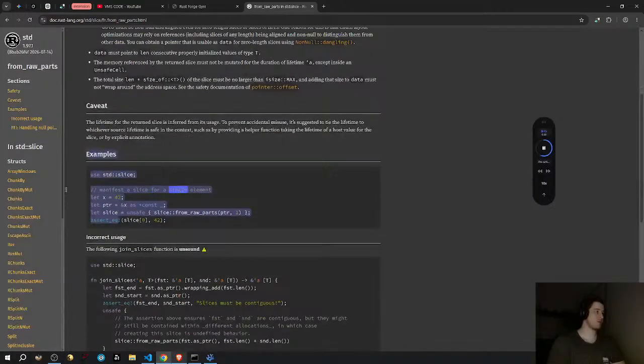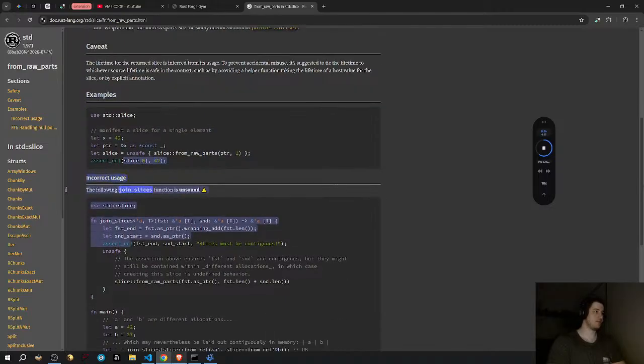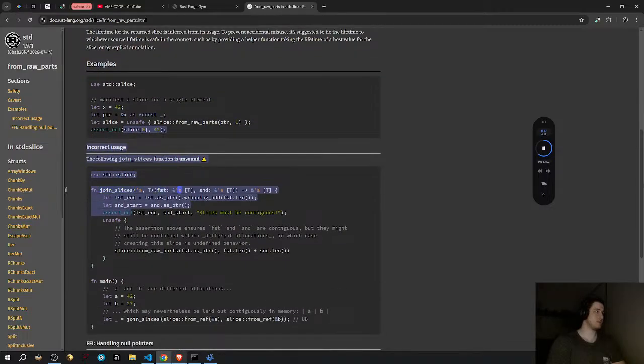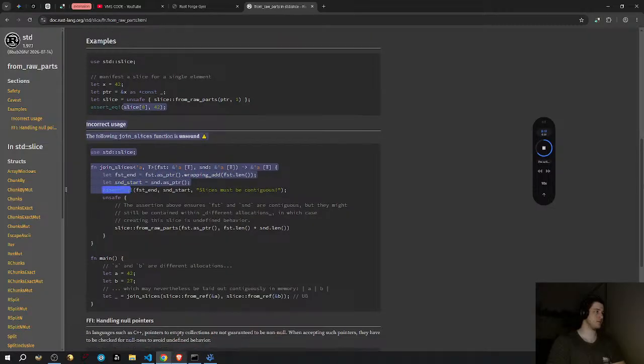Examples: use std::slice; // manifest a slice for a single element. let x = 42; let ptr = &x as *const _; let slice = unsafe { slice::from_raw_parts(ptr, 1) }; assert_eq!(slice, [42]); Indirect usage of the following join_slices function is unsound. Warning: use std::slice; fn join_slices<'a, T>(fst: &'a [T], snd: &'a [T]) -> &'a [T] { let fst_end = fst.as_ptr().wrapping_add(fst.len()); let snd_start = snd.as_ptr(); assert_eq!(fst_end, snd_start);